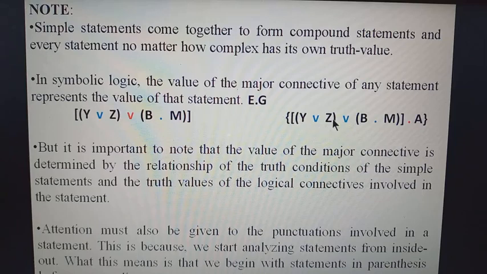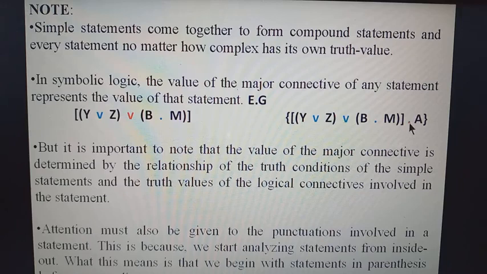Here we have y wedge z in this parenthesis, and then we have b dot m in this parenthesis, joined with this wedge, all in this bracket, covered within the scope of this bracket. Mind you, another statement has been joined with the entire bracket, dot a, covered by the braces. So everything in this bracket is one statement joined with this a, which is one statement on its own. Now, to know the entire value of the whole of this expression, you must know the value of